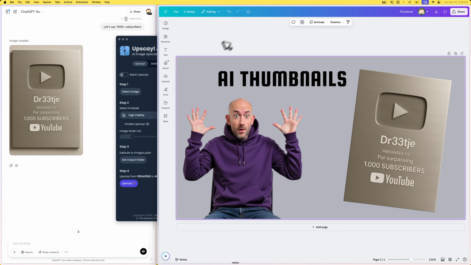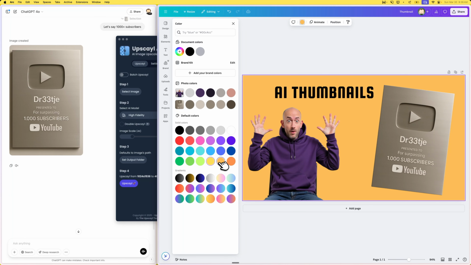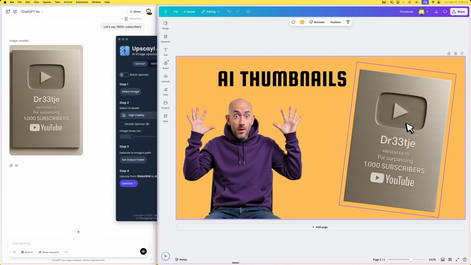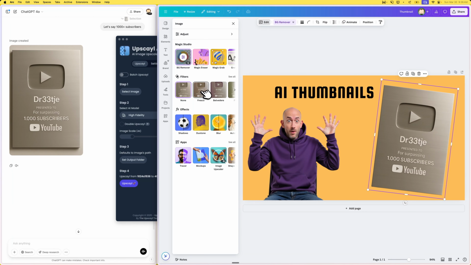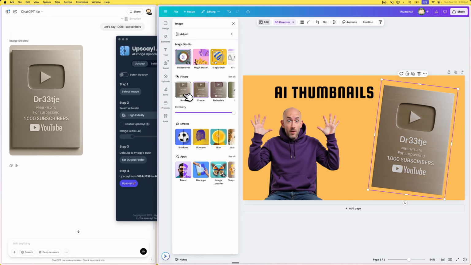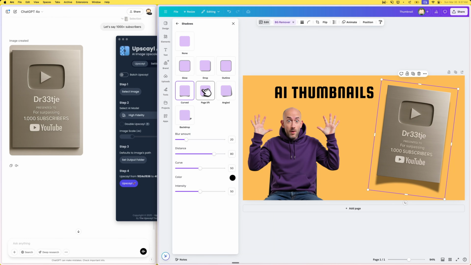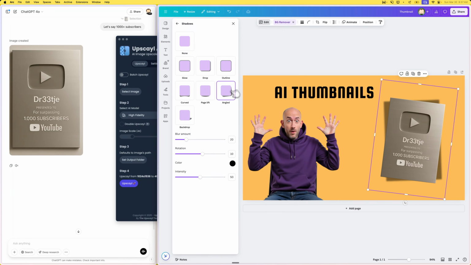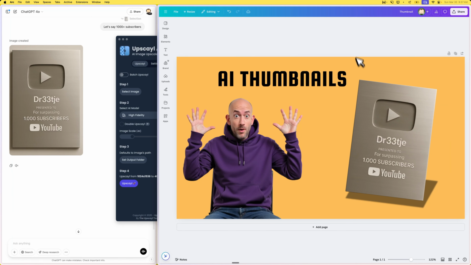And I think it would be better to have perhaps a little bit more interesting background, something that fits the vibe. Let's see, something like this. And if we are lucky, we're also going to be able to do a little bit of filtering on there. There we go, a shadow. This one, this one. This one, let's do the backdrop. There we go. And there we have a nicely